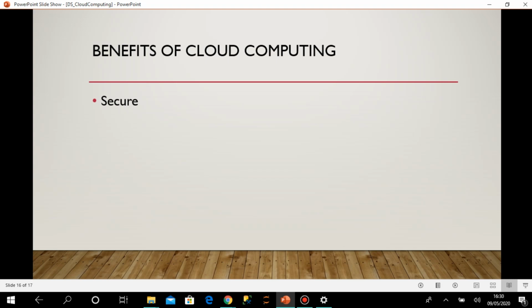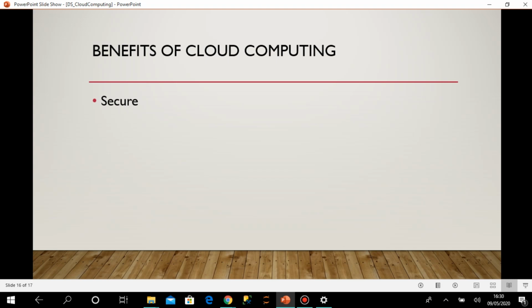Suppose someone is starting a new business without much money at the same time. Those are the times when we can think of cloud computing, and something can be moved to cloud computing. So we can use it partially as well. It's not a zero or one solution, that either I will use cloud computing for everything, or I will not use it at all. It's not like that. You can move to cloud computing as per your requirement, then as per your experience, you can decide whether you want to continue in cloud computing or not.